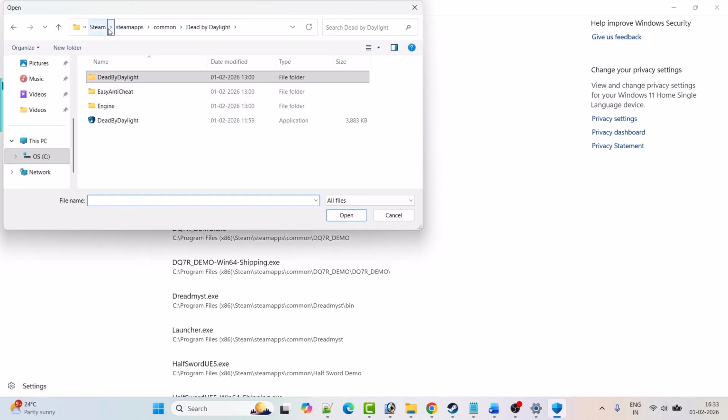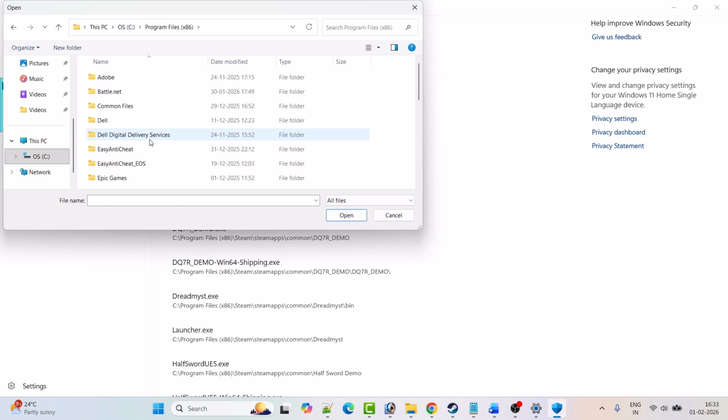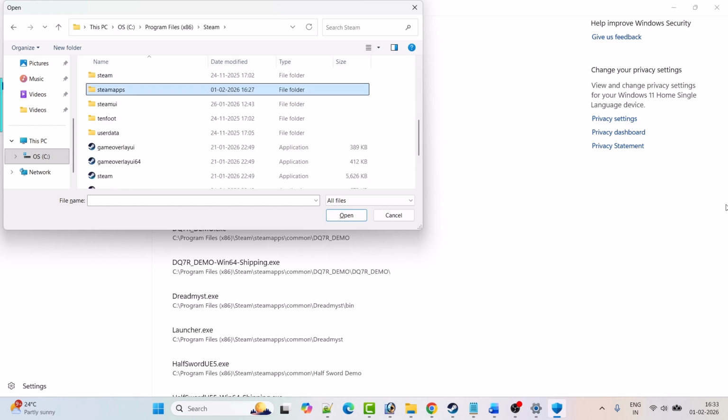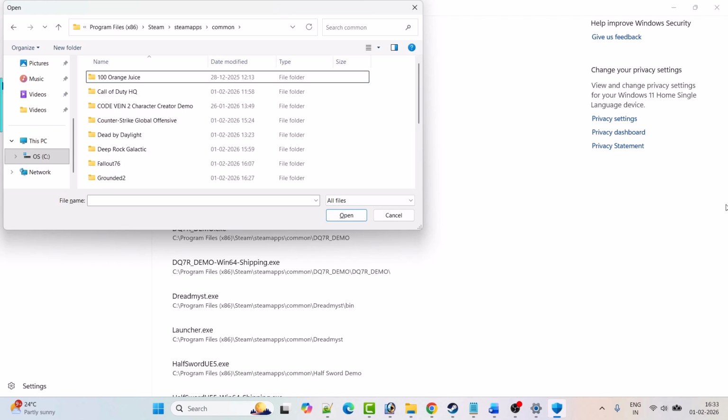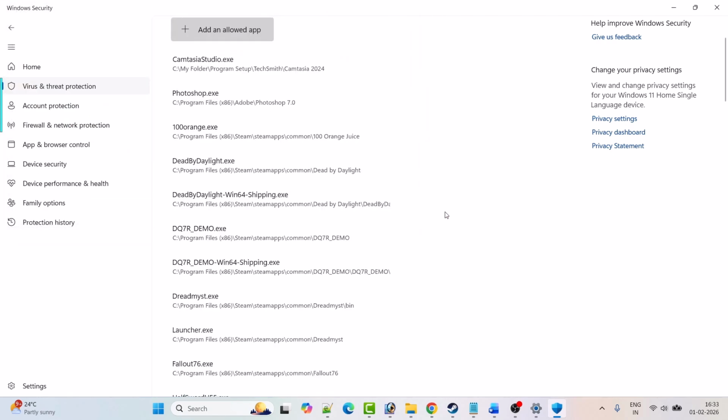Now go to the game installation folder. So open C drive, open program files x86 folder, open Steam folder, open Steam apps folder, open common folder, open Fallout 76 folder. Now select this Fallout 76 exe file and then click on open to add it to the list. Now go back,